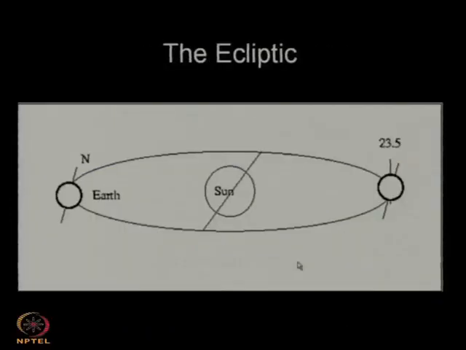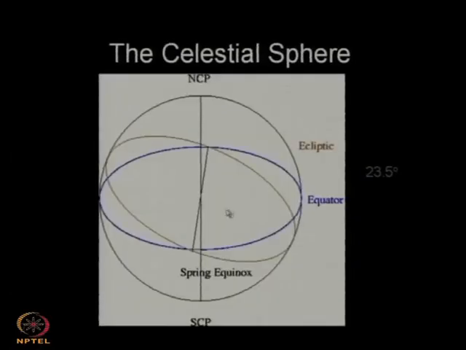Then for two observers, one in this hemisphere and some other observer in the opposite direction, they will see different parts of the celestial sphere, but they are still at the center. The part of the celestial sphere that you can see will depend on which hemisphere you are located in. If you are located in the northern hemisphere, you will only see things above, and your view will be restricted to the northern parts near